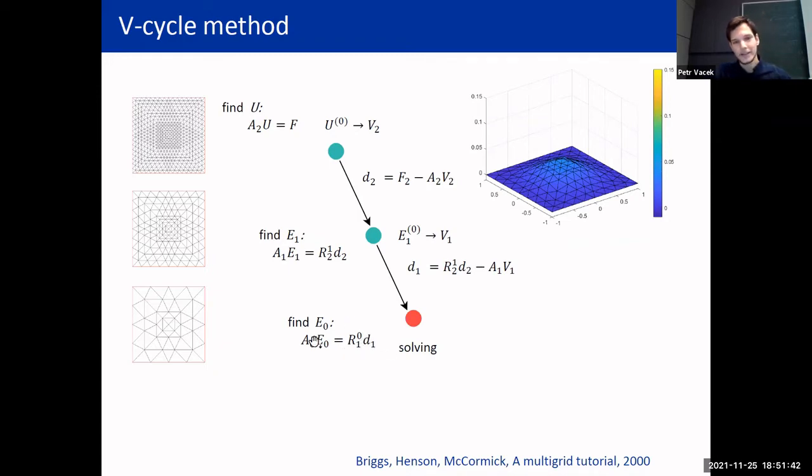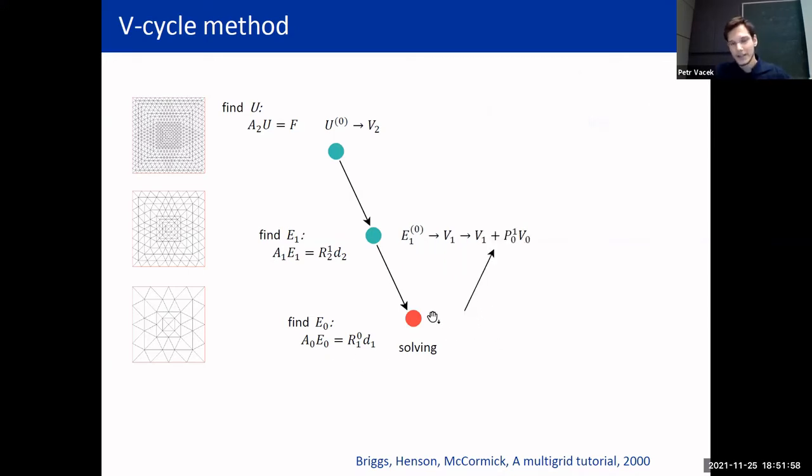Today we will also assume that we will also allow inexact solvers. So we assume that we compute just an approximation to the solution E. So after we have the approximation, we can project it back to the finer level and correct our current approximation